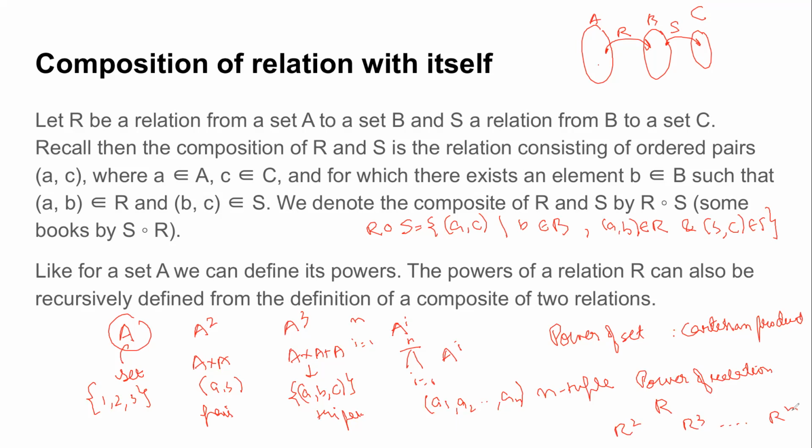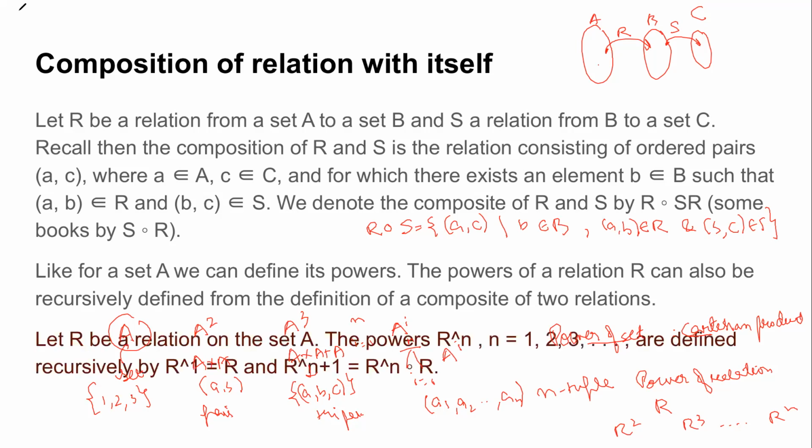Okay, so that is the next question. How can I perform the operation of computing the powers of a relation? For set we saw, you can do it using Cartesian product, right? So the question is, how do I find the powers of a relation? Very good, by composition, right? And that is how we can recursively define the powers, by using composition of the two relations.